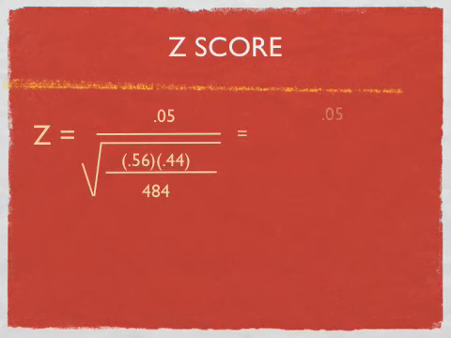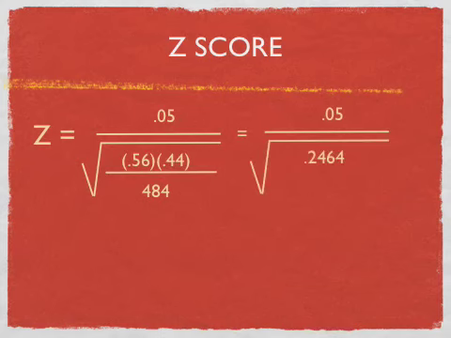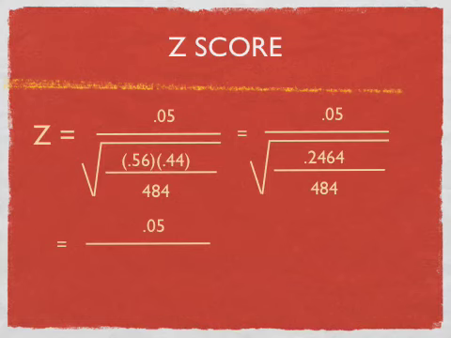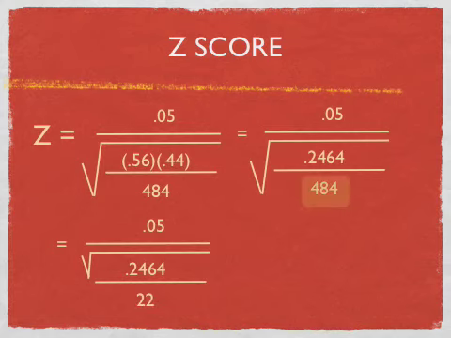Let's continue that on. 0.05 divided by the square root of 0.2464, which is 0.56 times 0.44, divided by 484. It's equal to 0.05 divided by the square root of 0.2464 divided by 22, which is really just the square root of 484, which is equal to